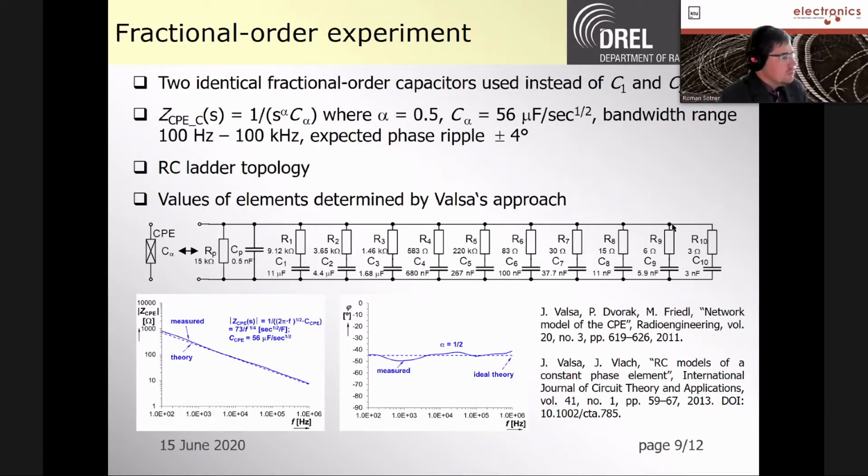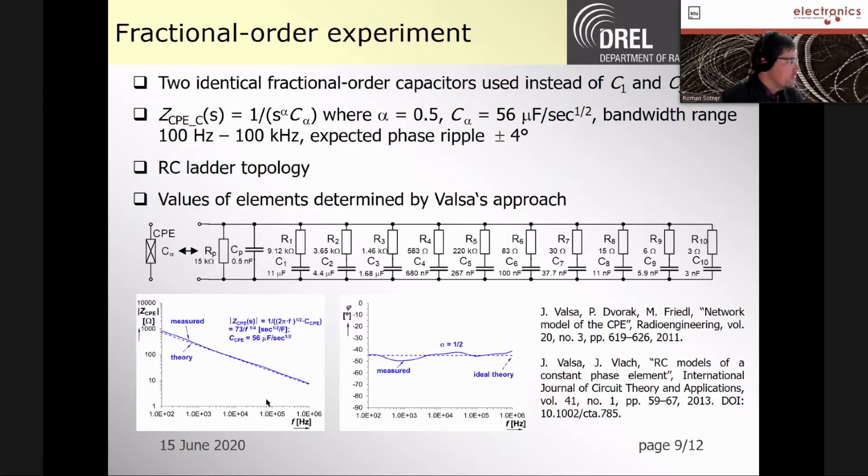We are also using, in the second part of this work, so-called constant phase elements. These elements are known as fractional order devices, or fractional order capacitors. We are simply replacing C1 and C2 in our topology with an impedance which has the character of a fractional order capacity with order 0.5, and this is called equivalent capacity or pseudo capacitance. It is a little bit high value, 56 microfarads. Therefore, the application range of this device in the circuit will be a little bit lower.